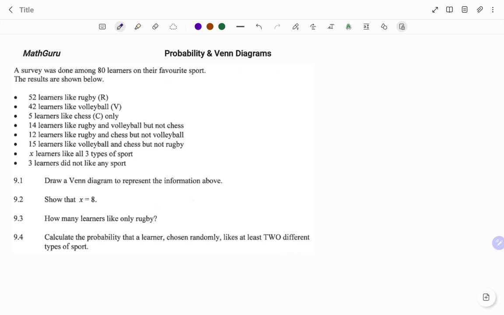In this video, I'm going to show you how to solve this probability and Venn diagram question from past paper